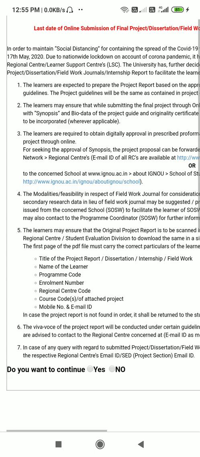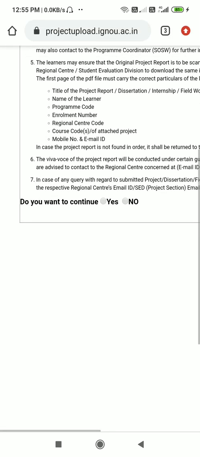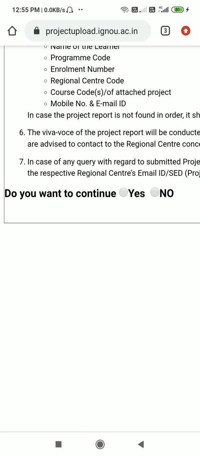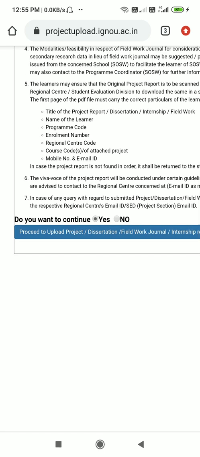After attaching all the documents one by one, you can make one PDF and submit it. For submitting, click below here, "Do you want to continue", click yes. Here, blue highlighted, click on that, proceed to upload.